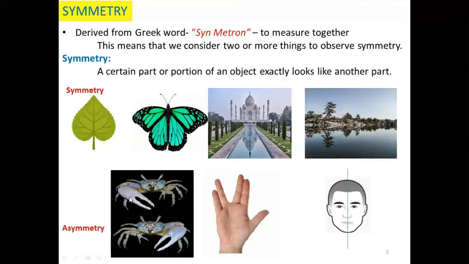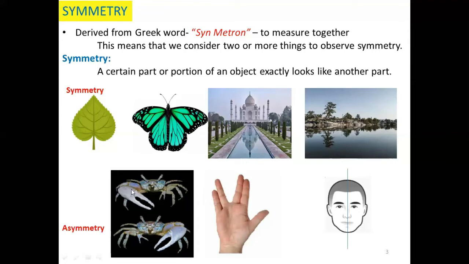But there are certain objects where we do not find any symmetry, then those objects are said to be asymmetrical. A very good example is our palm. So when a line of symmetry is drawn in a palm, then we could observe on flipping, the portions may not be exactly matching with the left hand side.